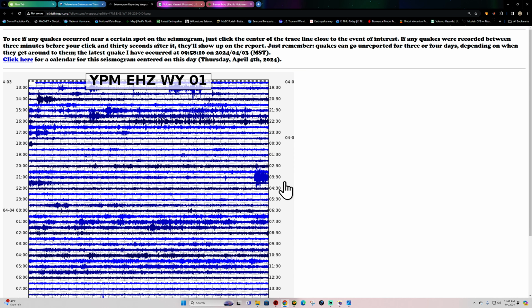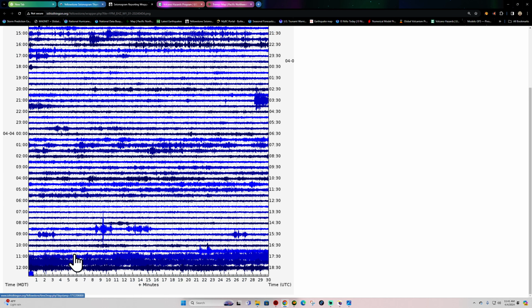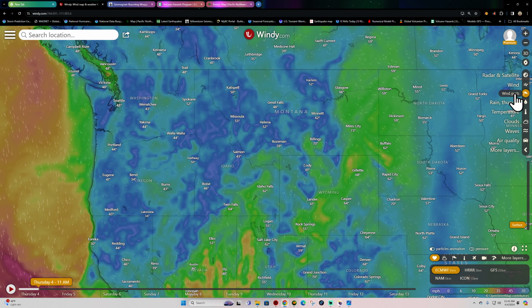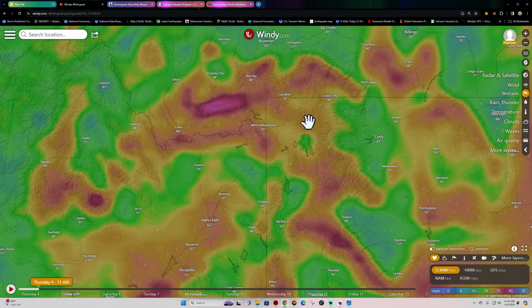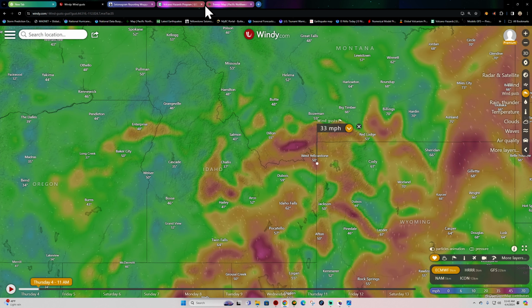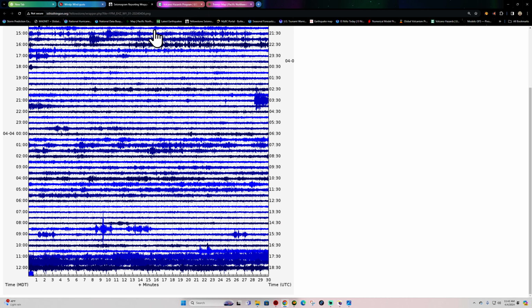It does look like we're seeing wind events right now. Look at that. See that? Right down here on the bottom. That is showing up across numerous seismograph stations. How do I know it's wind? It's a very easy way to check out here. We'll go up. This is the consistent winds, but the wind gusts up here across some of these other areas of Yellowstone are probably higher than this. We're looking at 30-mile-per-hour gusts or so. Certain other areas around 35. But that type of wind will show up on the seismograph stations here.